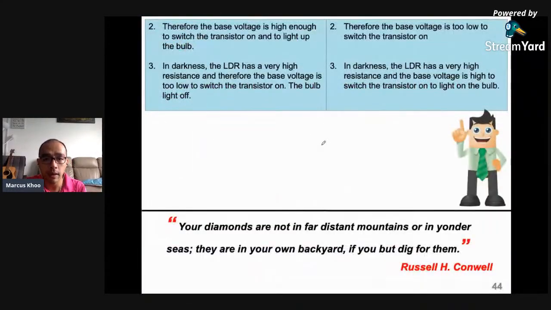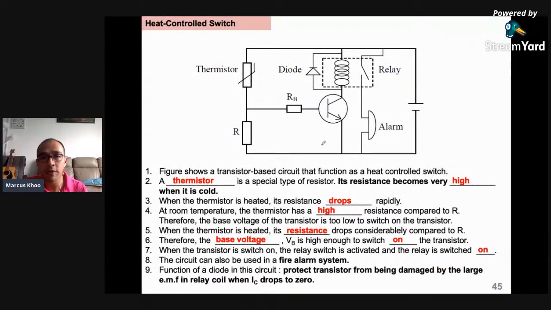Okay, right. So another type of control switch is a heat control switch. Now, heat control switch is the same circuit as just now. You have a transistor and you have two resistors. This resistor I will talk about later. And you have of course the battery which is sambung to the alarm lah. Now the heat control switch is